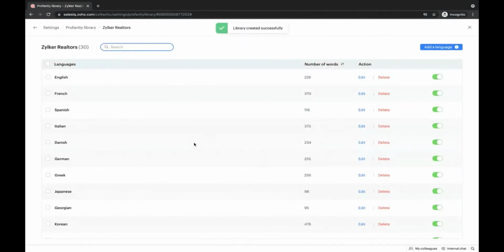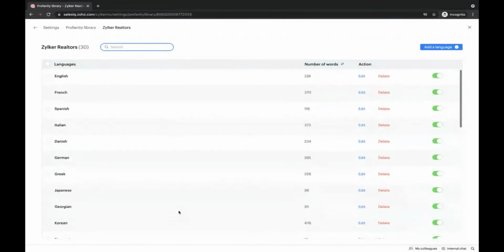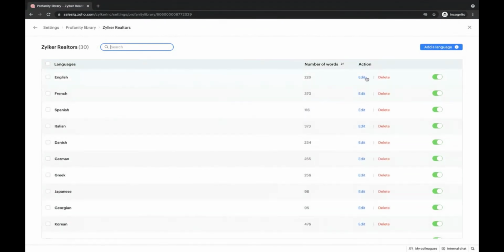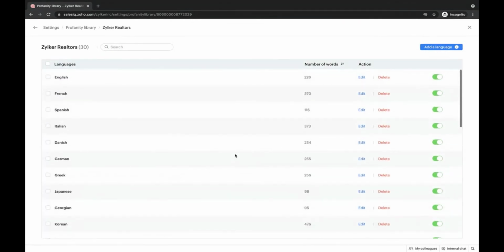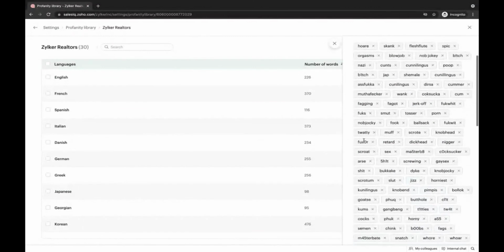So here I have the different languages. Since I had chosen the default library, there are already a lot of words that have been configured. So I can add a language. Here the maximum number of languages has been reached. I can add languages based on my choice, and I can edit or delete the different terms that are